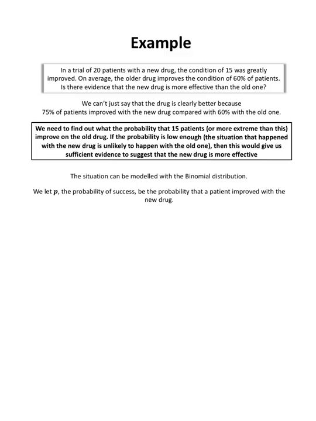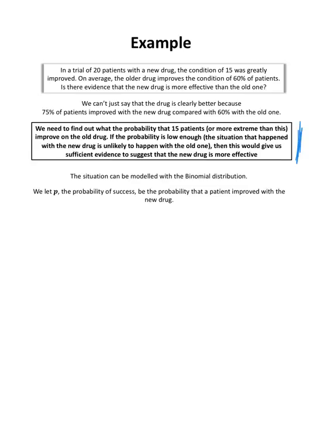So you need to think about that. Just read through that again. Read through this and make sure you understand it. Okay, so if the probability is low enough, so the situation that happened with the new drug is unlikely to happen with the old one, then we would have sufficient evidence to suggest that the new drug is more